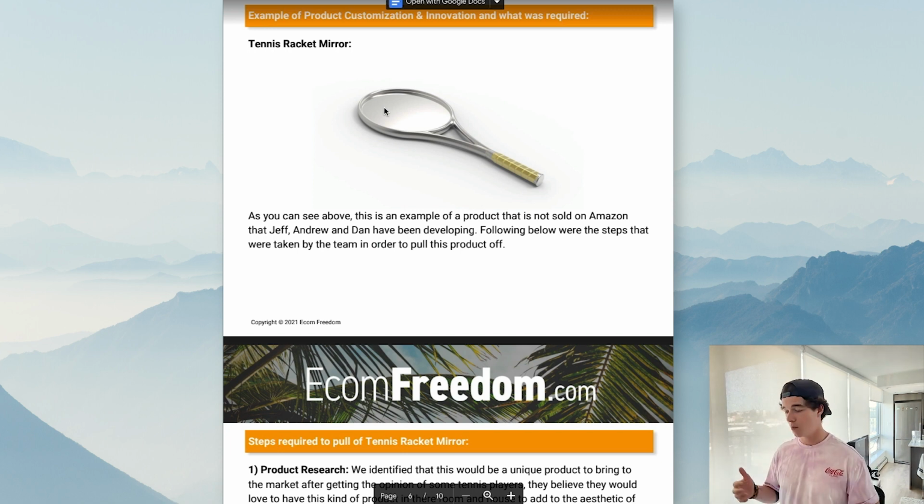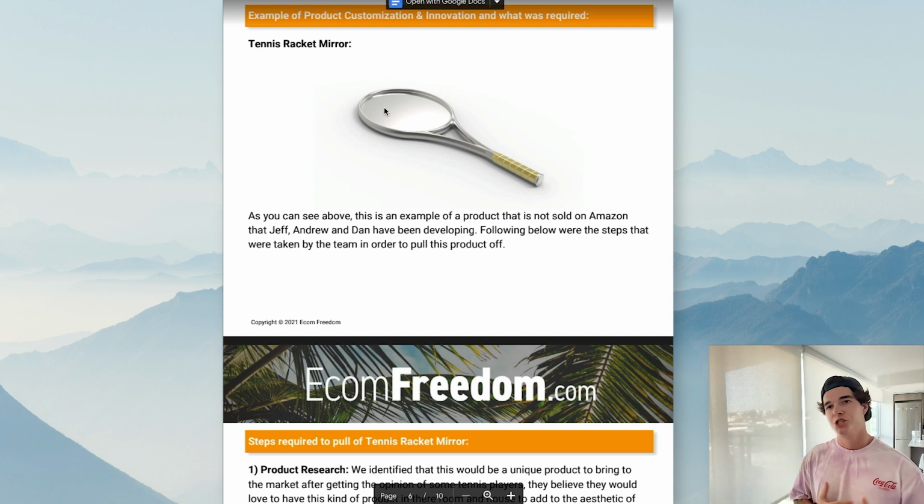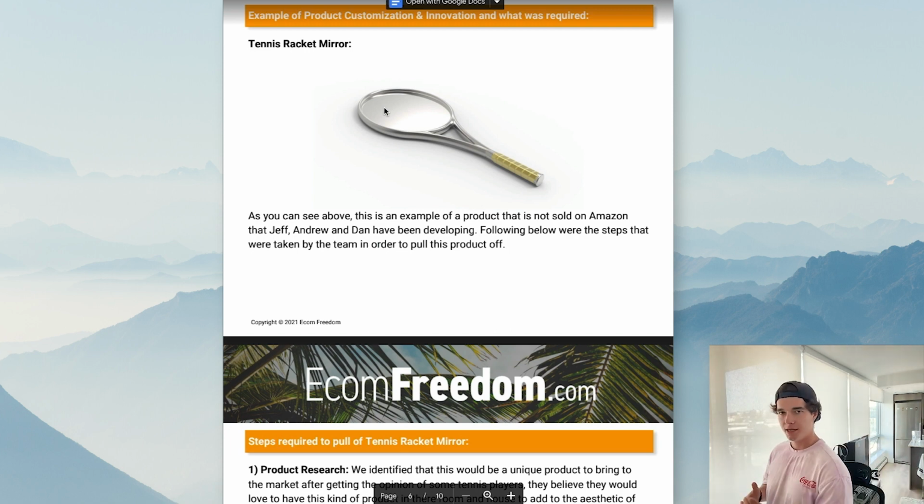What's the other question? Okay, where are we going to take this brand? So the way that we can take this brand is, okay, this is a tennis racket mirror. Why not put a mirror in a motorcycle tire, right? That's a pretty cool concept. Why not put a mirror in a basketball hoop? Or a basketball backboard, right? So that's the general direction that we're going to take this brand,